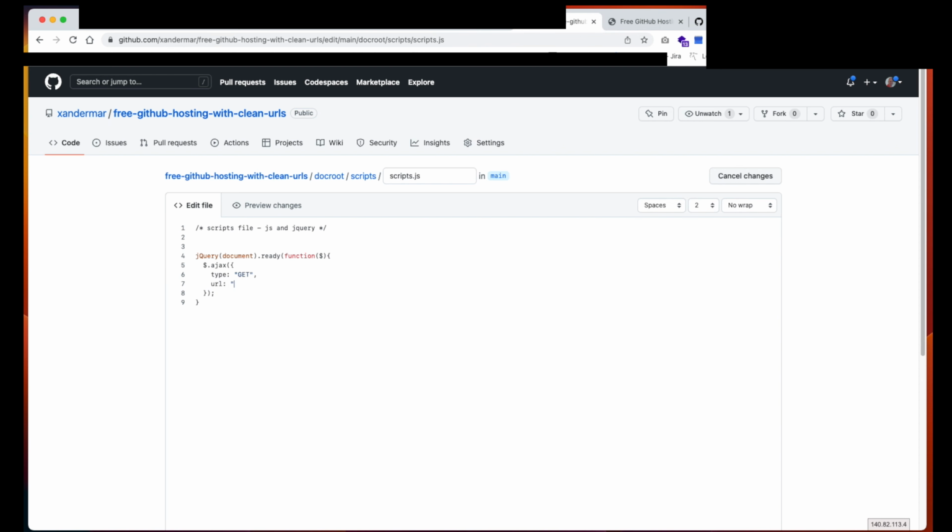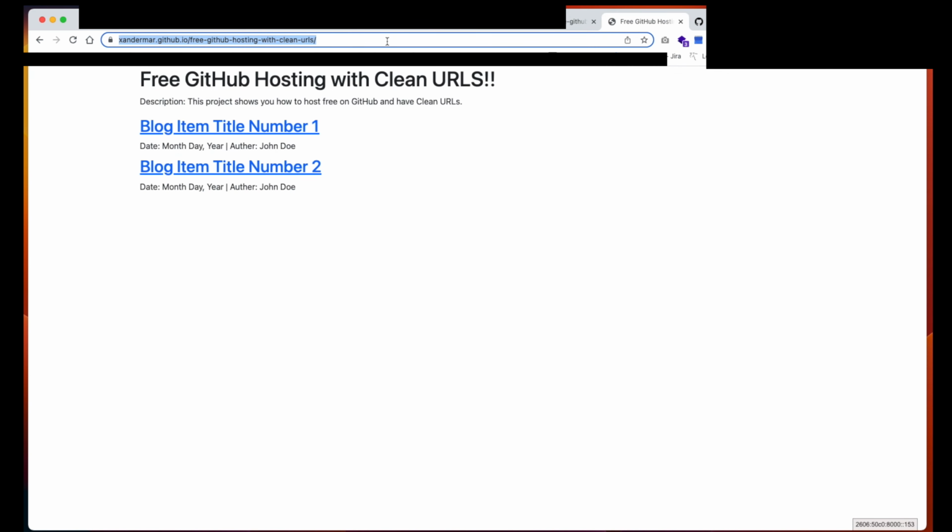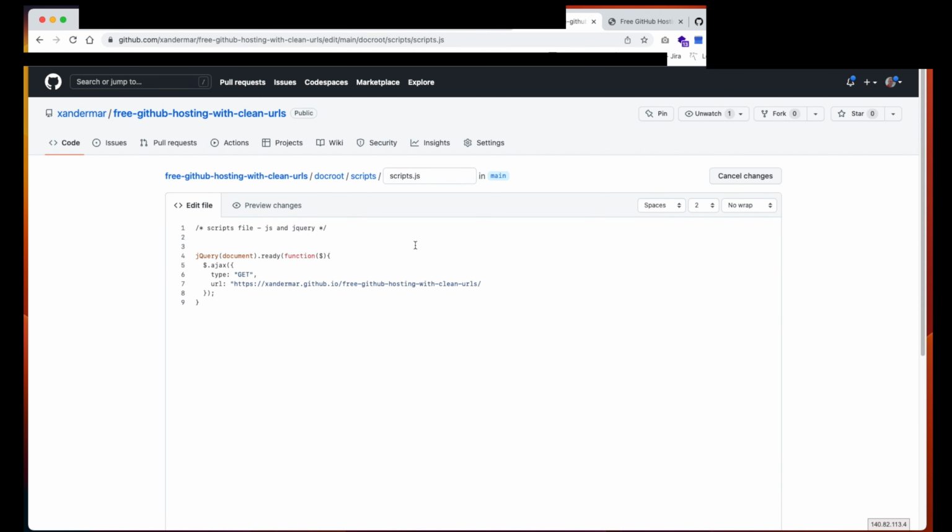So that being said, we're going to finish off the template in our jQuery document ready function. I'm going to create a file called sitemap.xml. This is the datasheet that will have all of the data that we're going to pull to create content on our clean URL pages. So I'm going to finish this off. We've got Ajax with type get, our URL that we're going to be pulling from, data type XML, and I'm just going to start typing in some